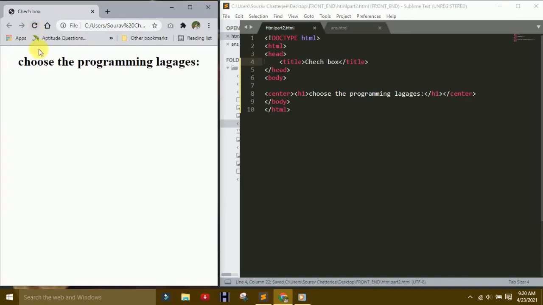How to look like that, making some changes, so that to choose the programming languages.